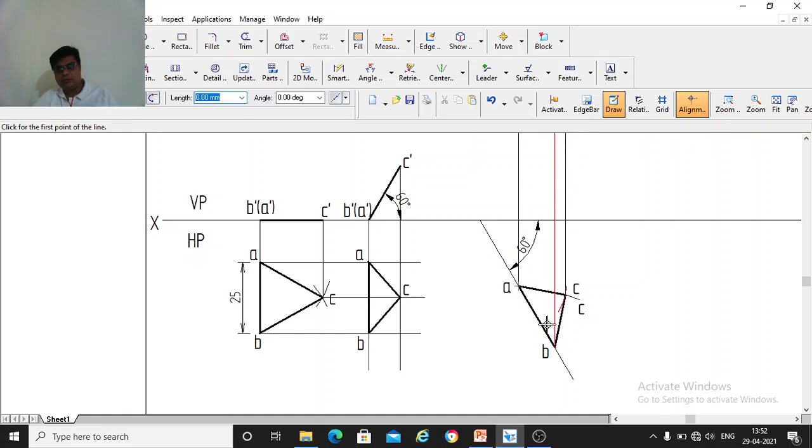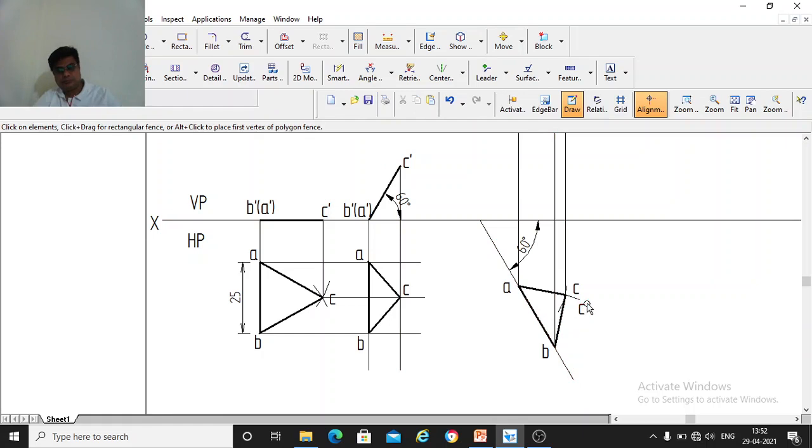So all the 3 lines should be from these points. From these corners you draw 3 vertical lines. Okay. So always you should see here from A, B, C you are drawing lines. So these are the projector lines.